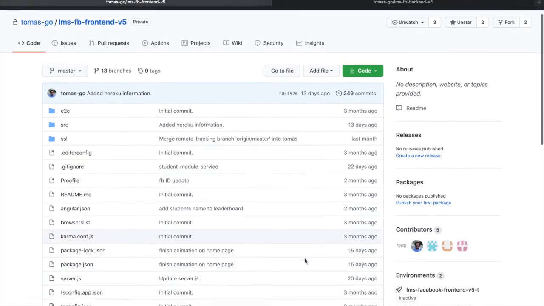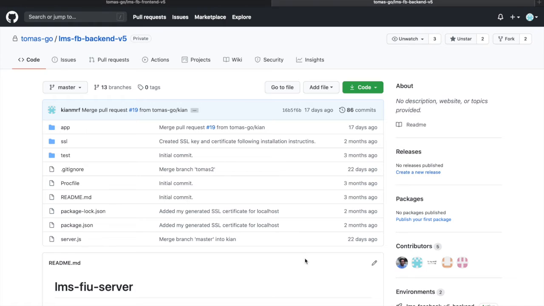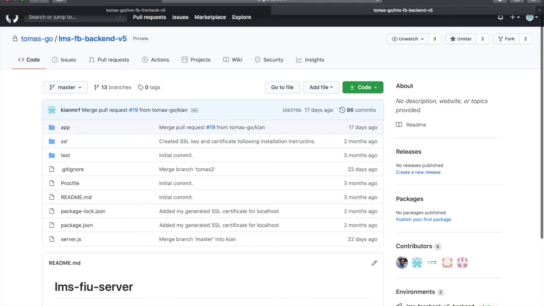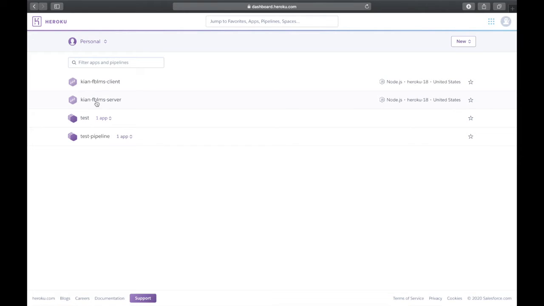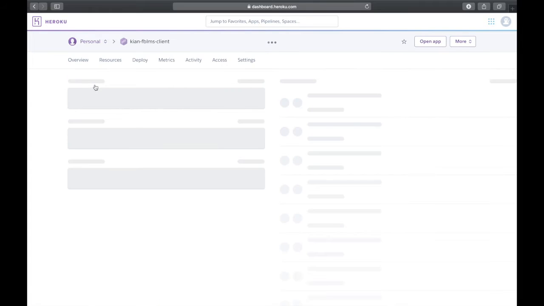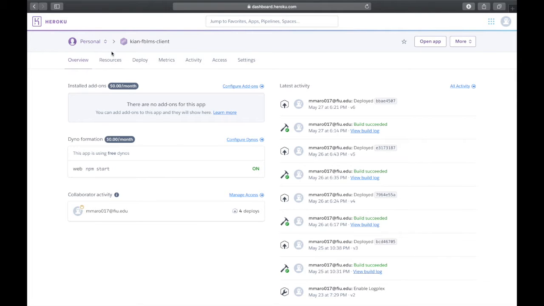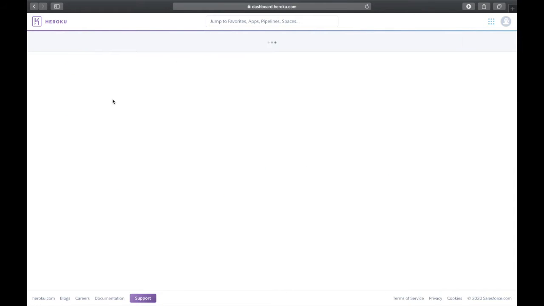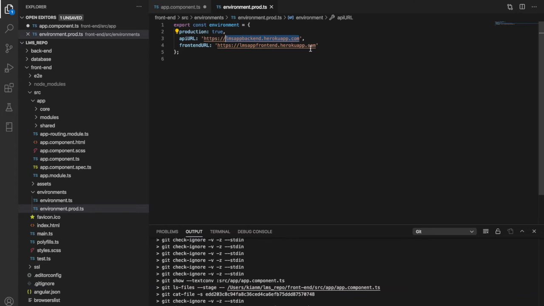In order to get access to Heroku, create two GitHub repositories for frontend and backend. Then create two new applications with Heroku. In the backend application, install the ClearDB MySQL add-on. In both apps, create a web dyno with the command npm start. Update the source code files in the frontend with the updated API URLs with your frontend and backend Heroku app